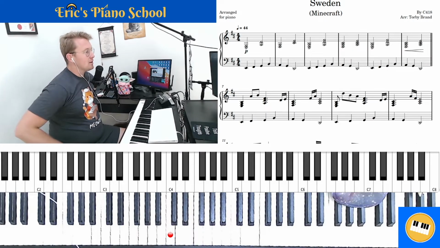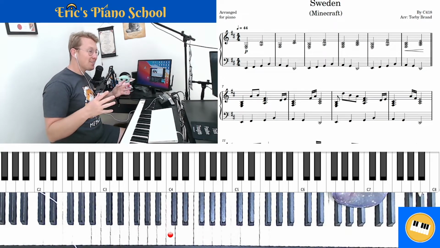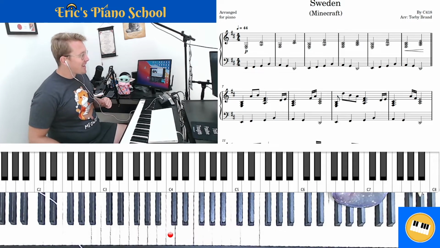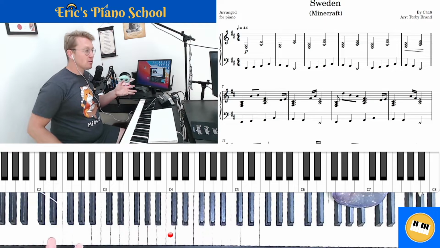I'm Eric, and today we're going to be learning the song Sweden from Minecraft, arranged by Torby Brand, C418. And so I took this original sheet music off of MuseScore, and then I made a